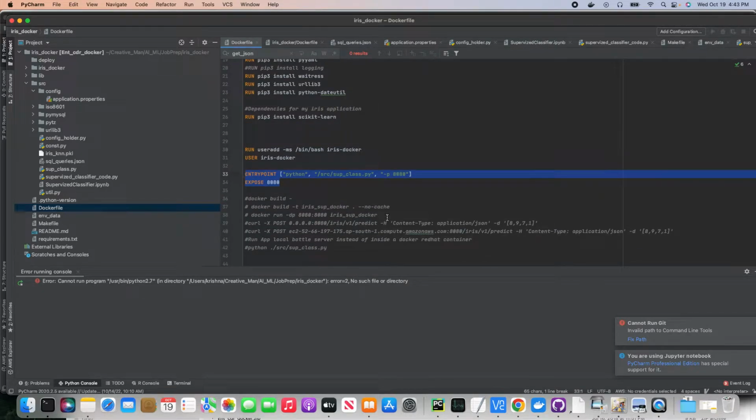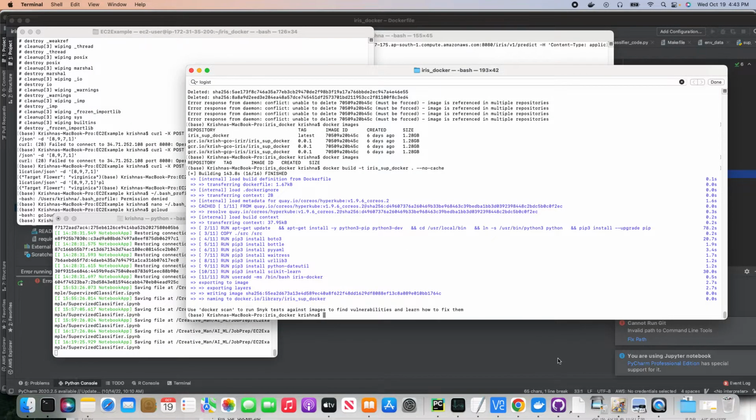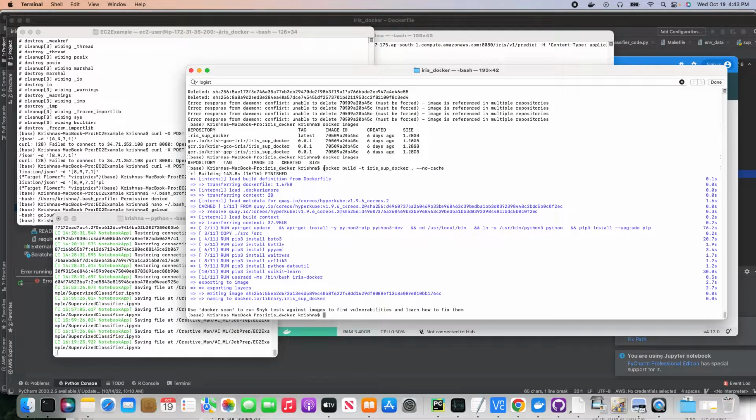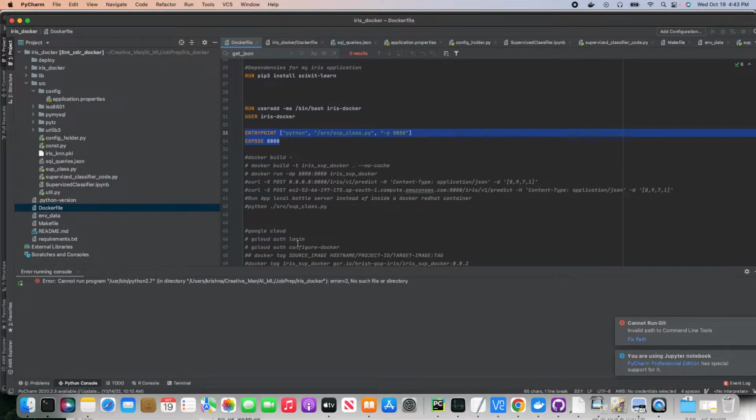So that's it. And then let's build a Docker image. Let's go over the Docker part, and I have already built a Docker image just now. So let's see, I'm using this command docker build -t. This is the name of my Docker image. Now what I'm gonna do is